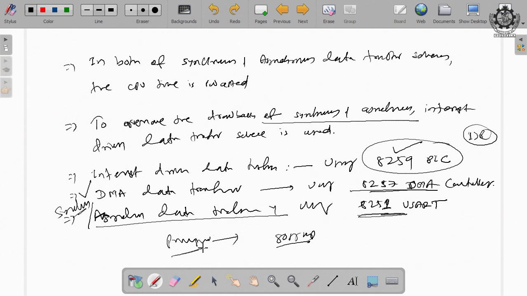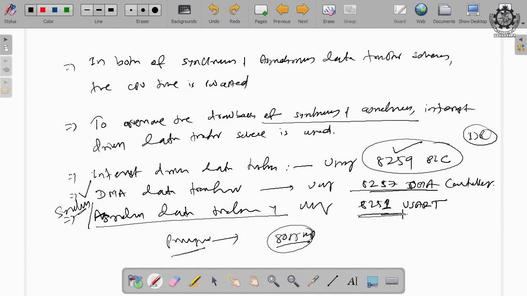Am I clear? Program controlled IO means we have to write a program to transfer the data between a pair of devices. Therefore, the microprocessor itself is the chip to implement the program data transfer techniques. Am I clear? And all other techniques are supported by their respective chips.